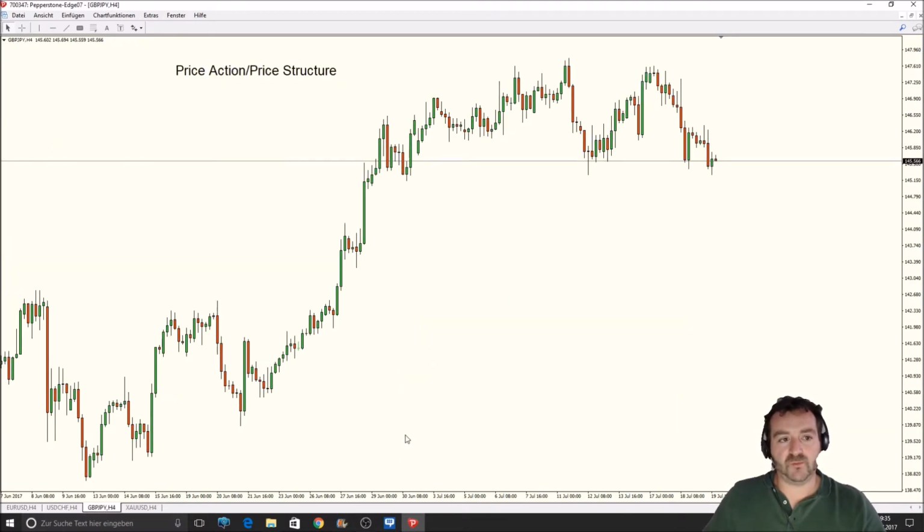So this is about price structure, and for this I recommend just use the rectangle tool and then mark yourself out the swing highs and the swing lows on the chart. So let me shortly do that. It's going meanwhile